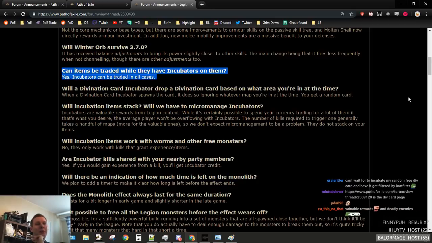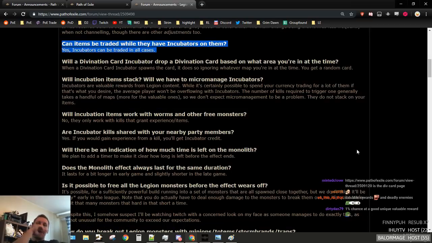If you say so. If that's what makes you able to sleep at night, GGG, I'll take it. Okay, we can go with that. We can have that on the press. It's fine. I'm gonna enjoy putting those div card incubators on, and then whenever the incubator finishes,